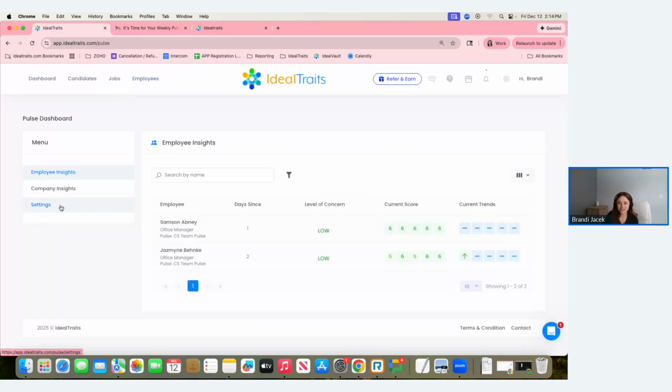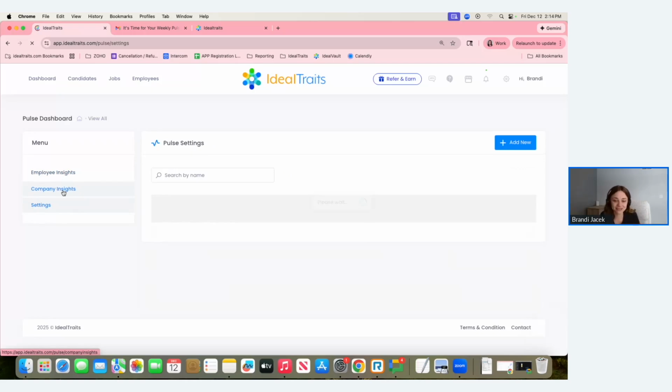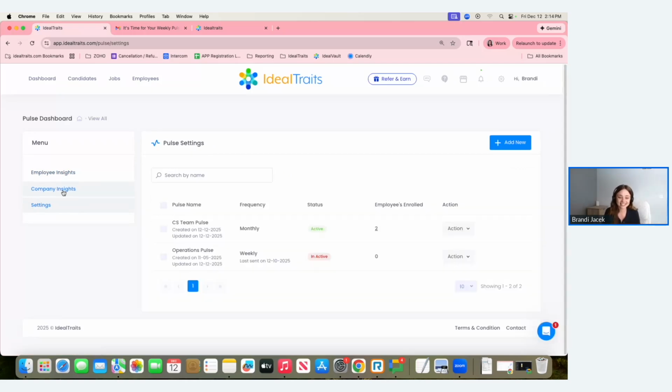That is just about everything on Pulse. It is a very quick and easy setup of really getting that survey set up. If you need any assistance when it comes to setting up your Pulse, maybe uploading your candidates if you're struggling at all to get your current employees uploaded into the system, you are all welcome to always chat in, schedule a support with service. Let us know if you need any assistance with getting your Pulse set up,